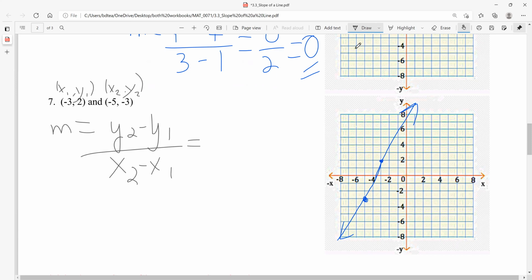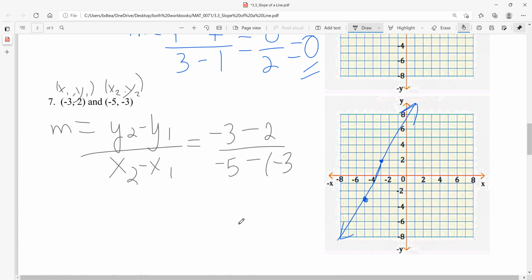Okay, so y sub 2 is -3, minus, so minus goes in the formula, y sub 1 is 2, divided by x sub 2 is -5, minus x sub 1 is -3. Again, I want to emphasize that this negative sign is in the formula, and this number is also -3. So this is -5